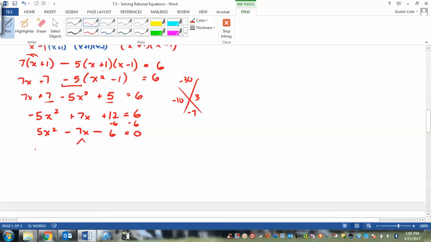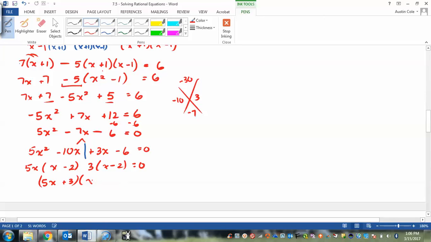So now I break this guy up and say 5x squared minus 10x plus 3x minus 6 equals 0. Split it in half, factor by grouping, factor out my 5x. So I'm going to be left with x minus 2. Factor out a 3, so I'm left with x minus 2. So I get 5x plus 3, x minus 2,